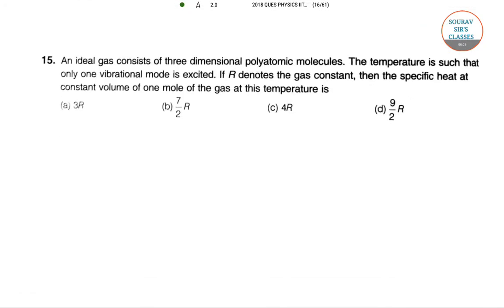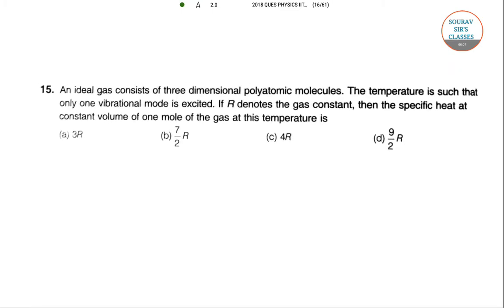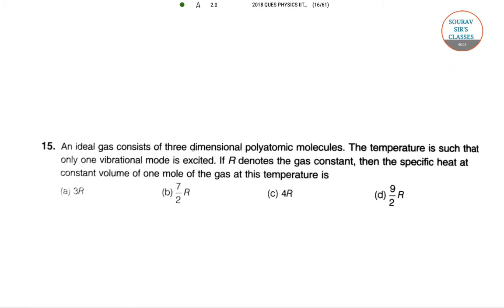This question is about the ideal gas. An ideal gas consists of three dimensional polyatomic molecules, and the temperature is such that only one vibrational mode is excited. So it's a mono vibrational mode excited structure, and if R denotes the gas constant, then the specific heat